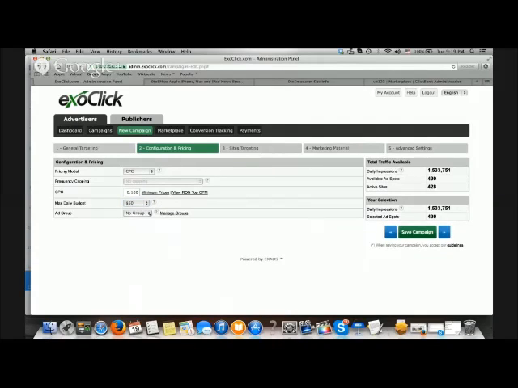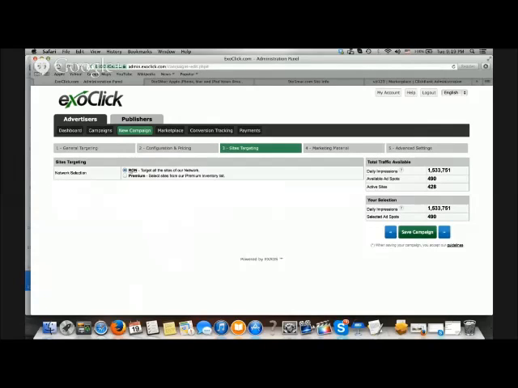Then I click on step 4 here, marketing material, and I need to just get myself a banner to load and a URL where to send traffic to. You know what I'm going to do? I'm going to go to my ClickBank, where this offer is at. And again, whatever it is that you're promoting, let's say if you're promoting your own product, or maybe a power network, maybe some other company, whatever it is that you're promoting, what you can do is you can just go to a place like,